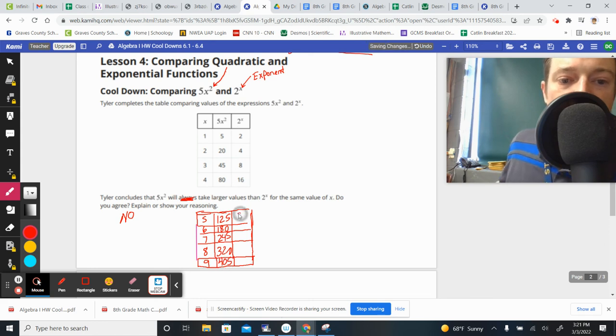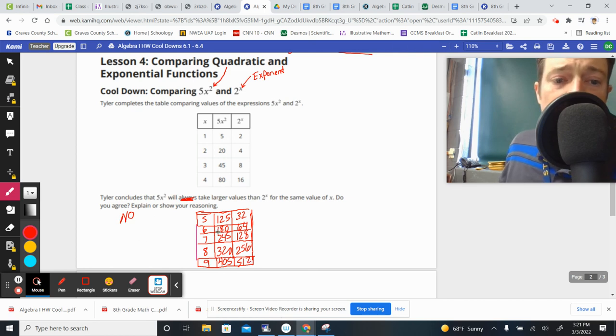Now, the double, we can do that one in our head. 16 doubled gives us 32. This doubled gives us 64. This doubled gives us 128. This one doubled gives us 256. And that last double gives us 512. And this is the step where we see it overtake it. It took 9 x values of increase for it to get bigger,